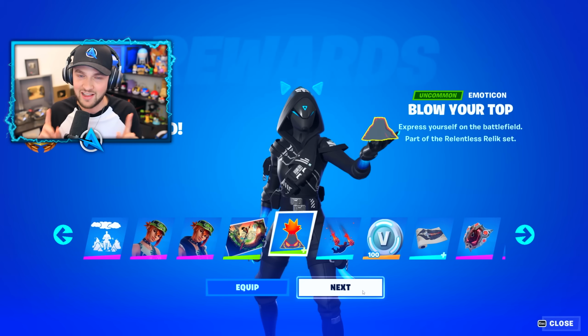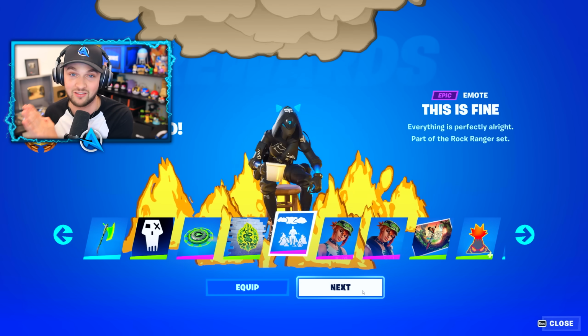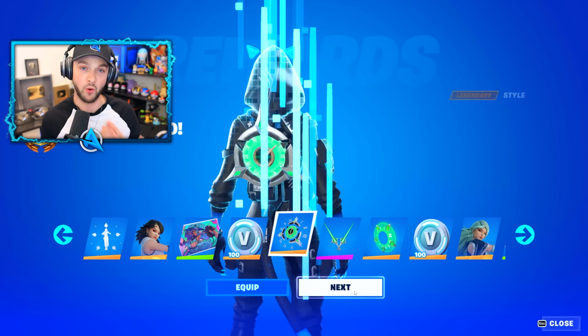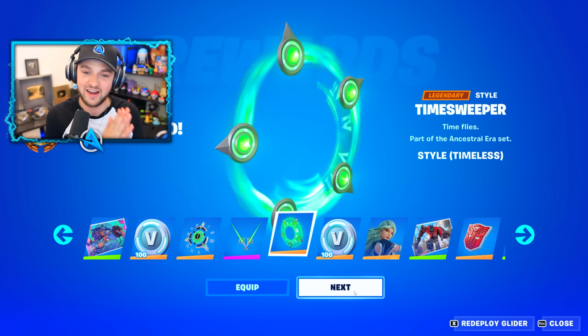chapter finale. And let's not forget all of the lava hints that were actually hidden within Chapter 4 Season 3's Battle Pass, potentially giving us a very early look and letting us know as to what's really coming to finish off this chapter. One big hint that also shouldn't be overlooked from previous Battle Pass skins is from the Ancestral